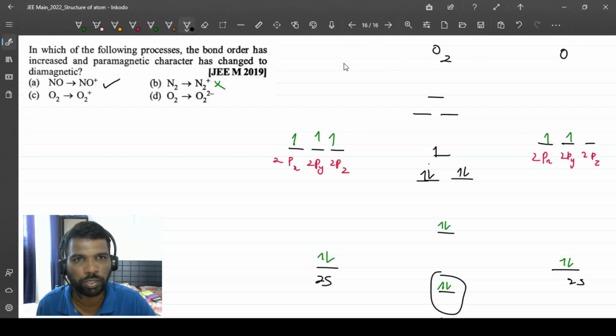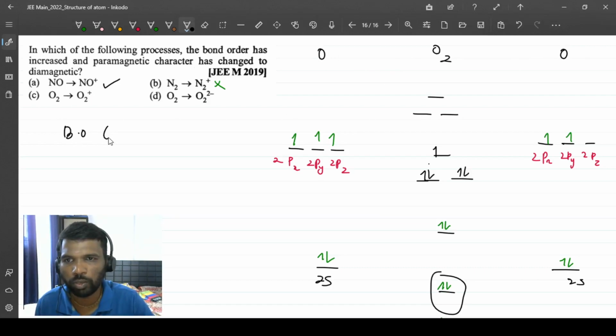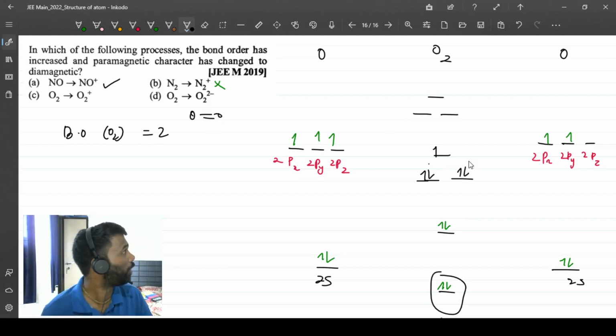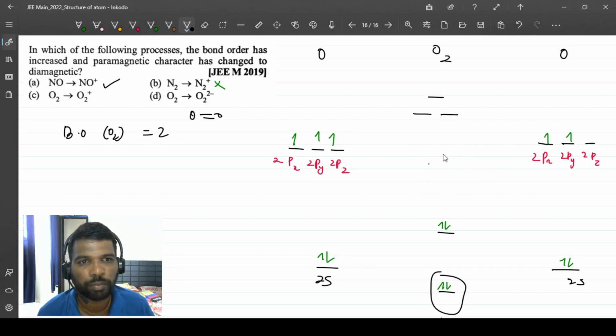Oxygen, oxygen, and oxygen. So the bond order for the O2 molecule is equal to 2, because oxygen is bonded to oxygen by a double bond, right? It is a more than 14 electron system. More than 14 electron system means it will be this,